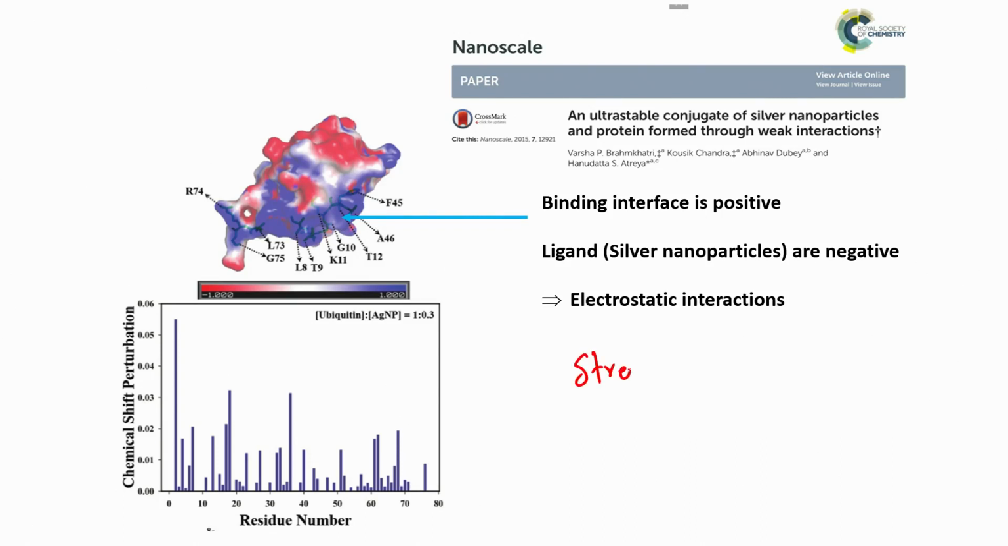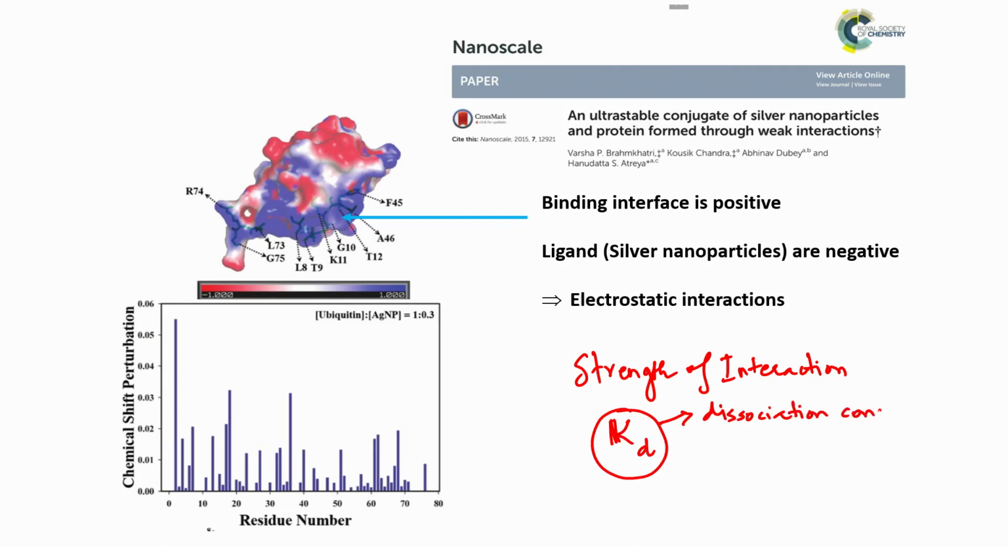So, when we say the strength of interaction, that means how strong is this interaction, and that is measured in terms of a number called Kd. So, Kd is called a dissociation constant. Dissociation constant. Okay. So, if it is a weak interaction, weak binding, then Kd will be in the range of somewhere between